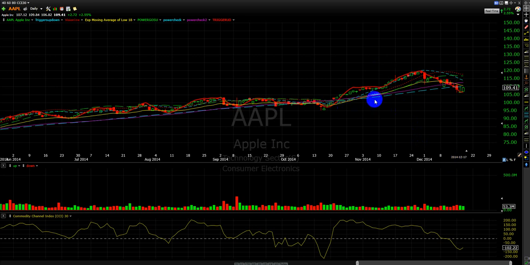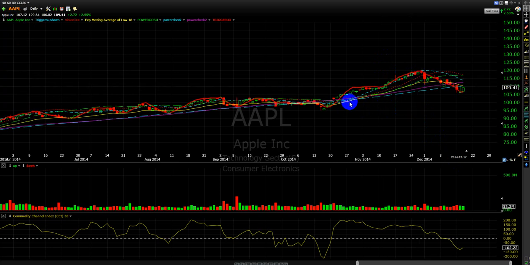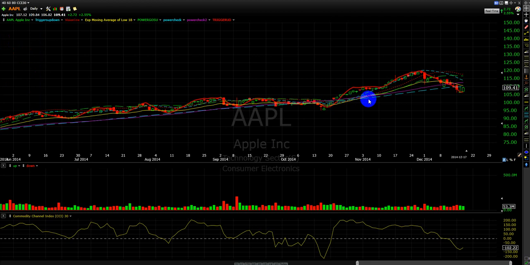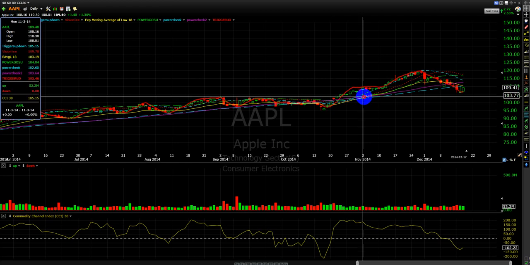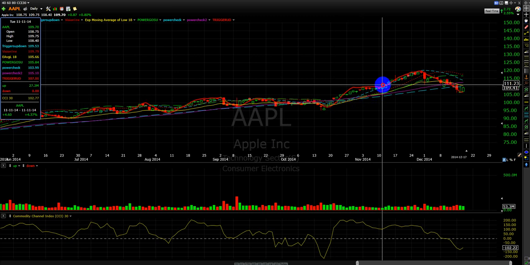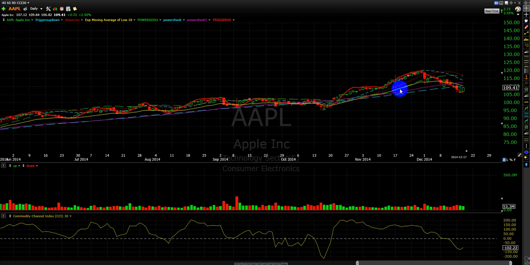We are making so many bullish calls on Apple, making so much money in Apple, that sometimes it's not worth it to take these breakouts in this high area. We had a breakout here, and we went from the 102 to the 110 pretty quickly. This was a huge winner. Then I took the 109.50 trade to the 115 area, and that was a huge winner. I think I should have ended it at that point.